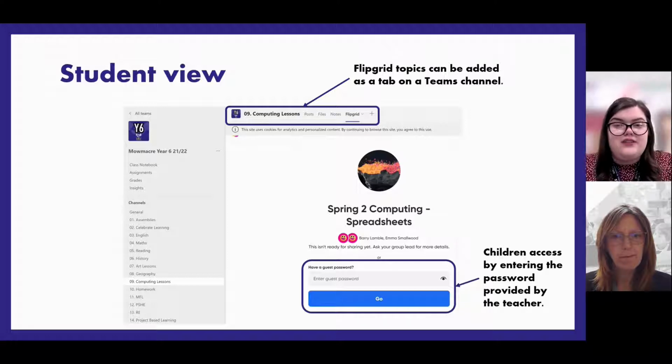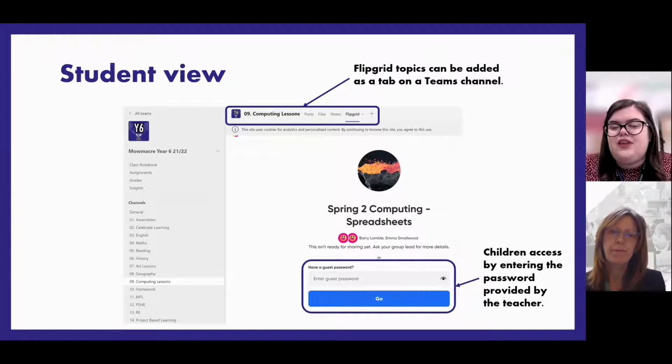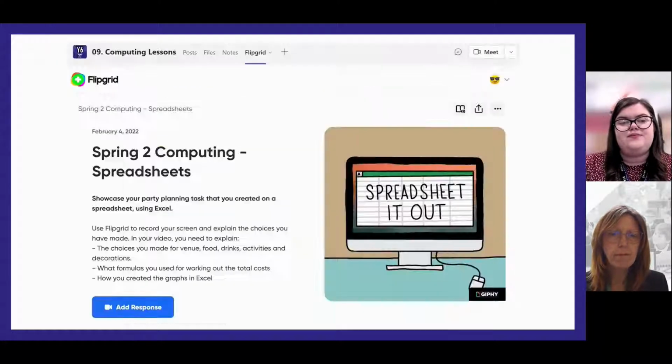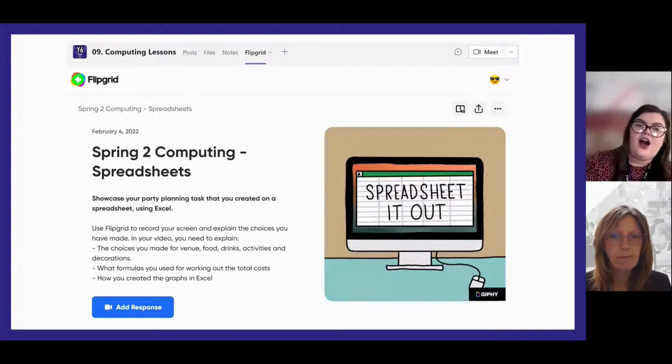That just means that they don't have to have an account to log in. They're not creating an account to log in. They're just accessing it through this password we've given them. And they can put their name on their video at the end, but they've not had to use any details to actually log into the Flipgrid site. So once they are on the Flipgrid,